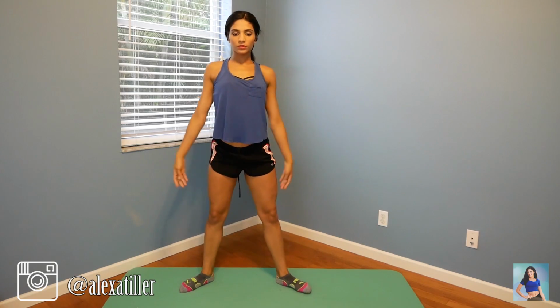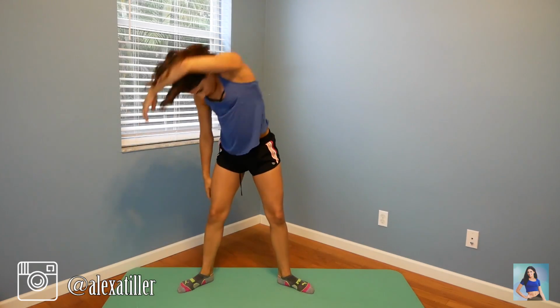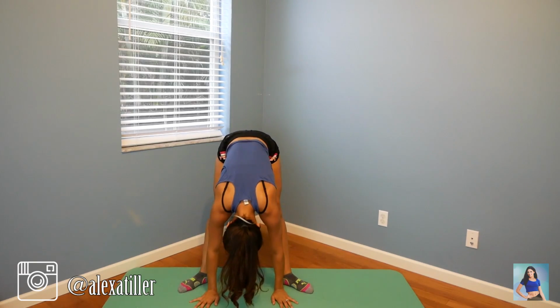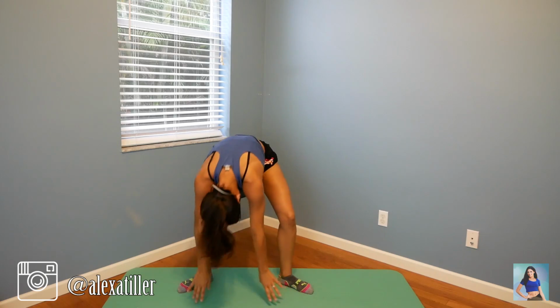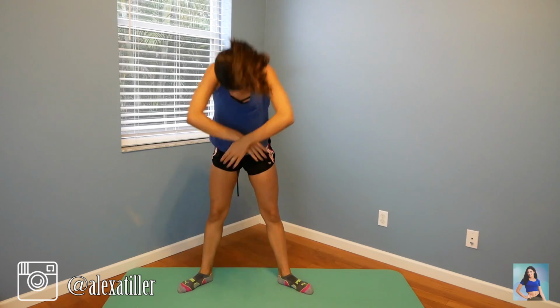Change to 2nd position, plié and stretch, arms go to the other side, plié and stretch, all the way around, and all the way around, flat back over, plié, stretch, side to side, roll up, and melt down, up, change to 4th, plié and stretch,